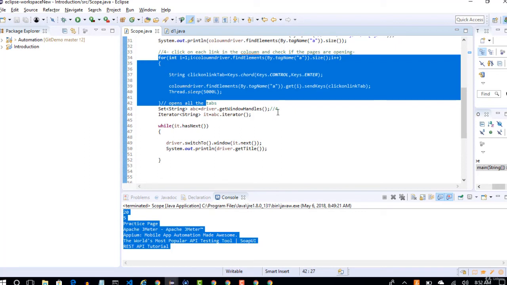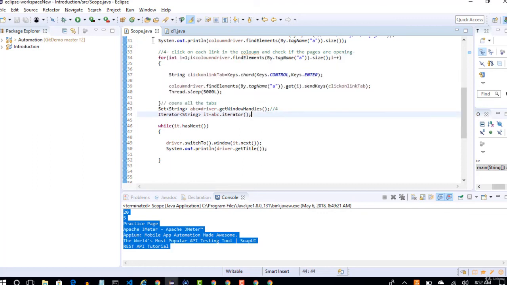One more thing: generally you get an interview question asking what special thing you have done in your automation, or what you did compared to others, or how you brought an optimization which got appreciated by your team. This is a general question people ask to see what best you have done compared to others. At that time you can give this example.